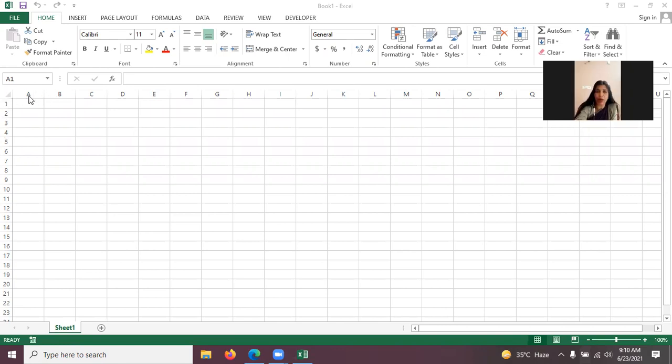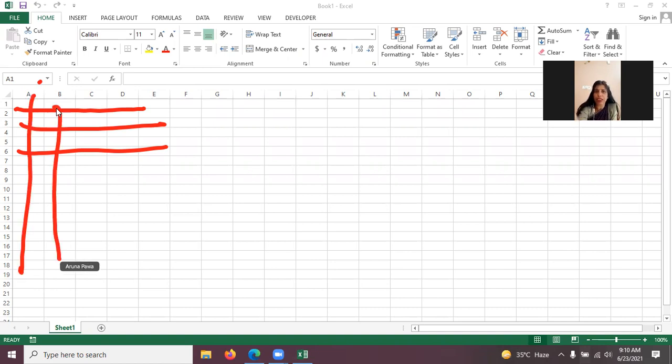You can see row numbers here, that is row number 1, row number 2, in the corner here. Rows are horizontally placed. Similarly, we have columns. Columns are vertically placed, A, B, C, D, and so on. So these are all rows and columns.